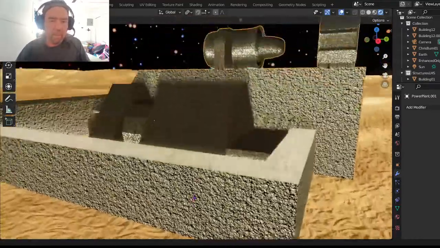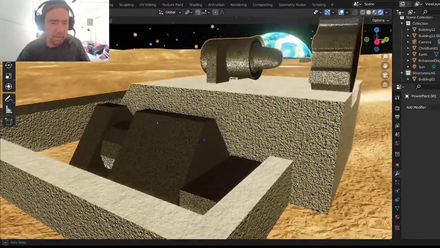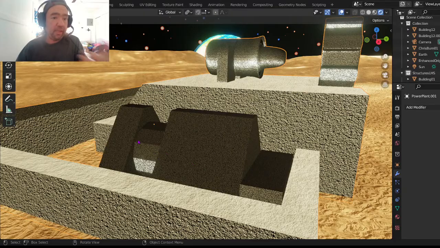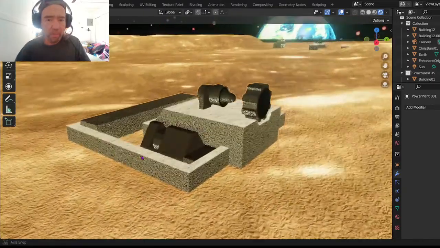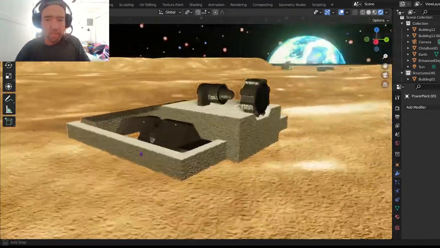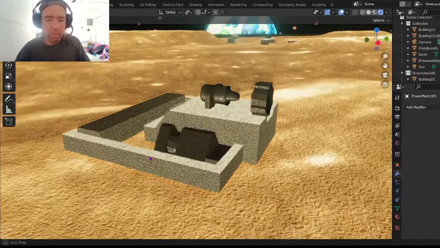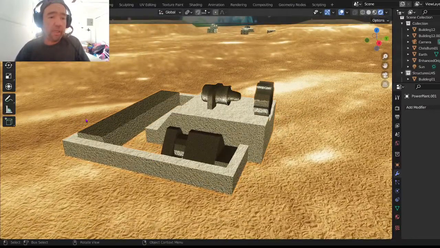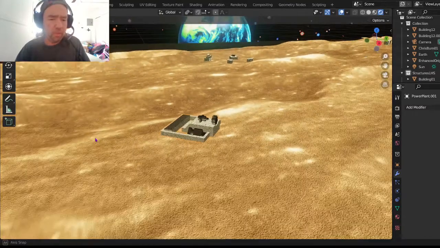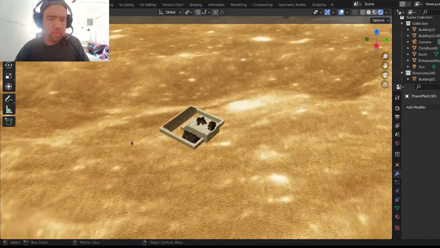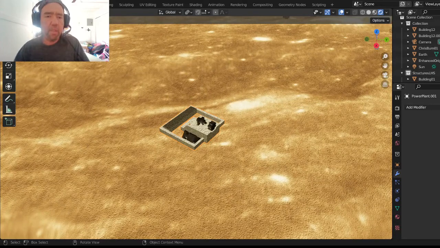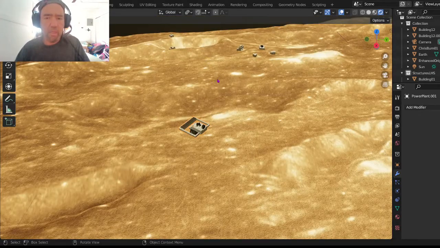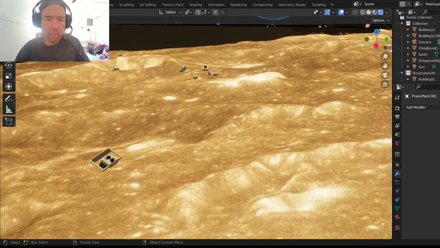Oh, I didn't even talk about this little part right here. This thing looks cool, and it's inside the walls of the power plant. But there you go. This is how it drops into the model. And there's a wall behind it. I don't know why I didn't raise up the wall, but that's supposed to be a wall behind it, and then you have the crater behind that. And then if we get over here,